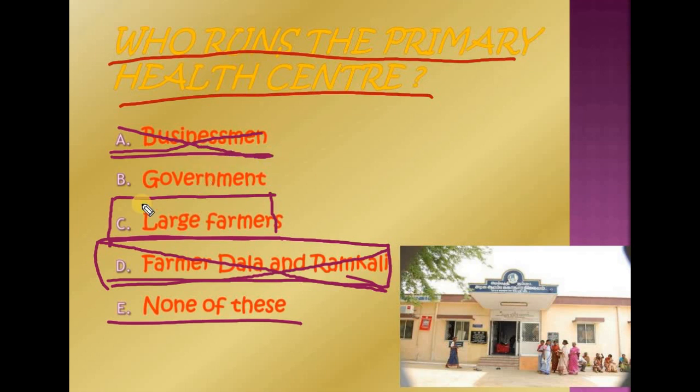This is there in the chapter, but I'm just explaining it a little bit so it would be helpful for you. And then just strike off the large farmers also, because large farmers invest money in capital, such as making a fixed deposit in their banks to grow their money, and some of them even buy fixed capital such as tractors, etc. So the option left with us is nothing but government. So it's the correct answer.